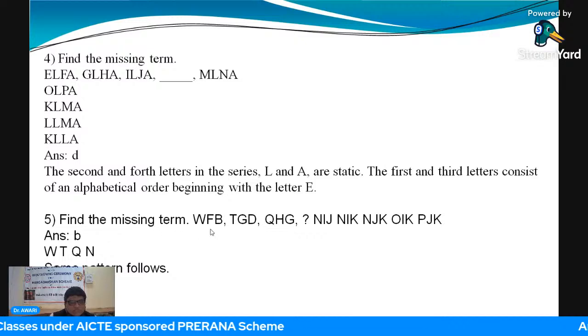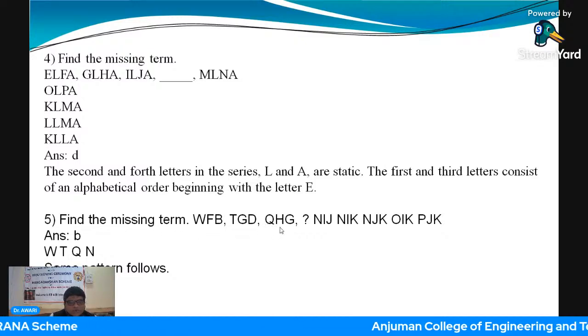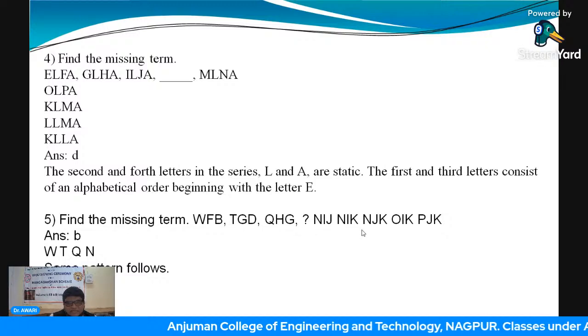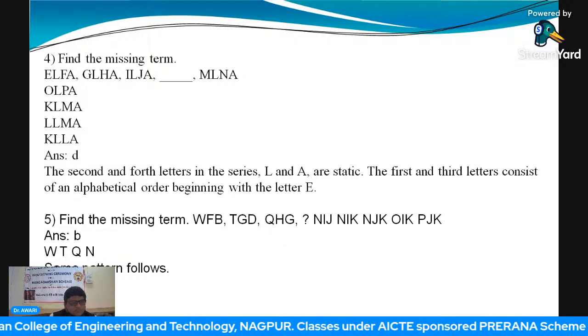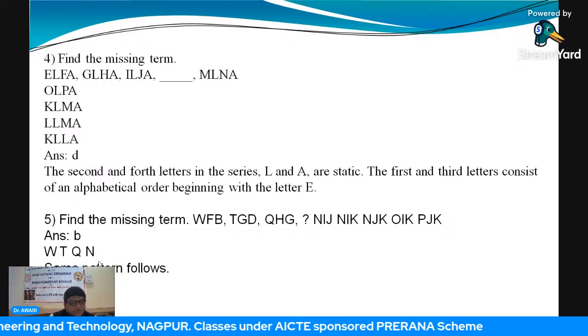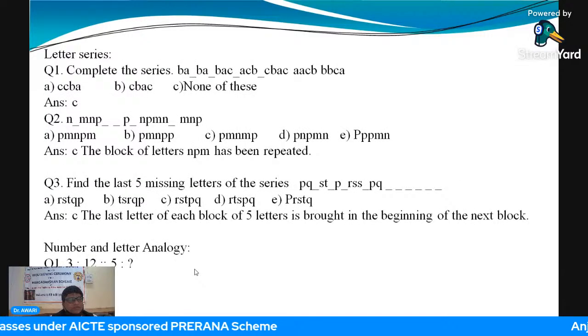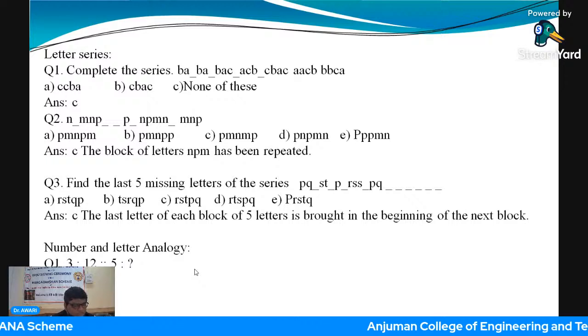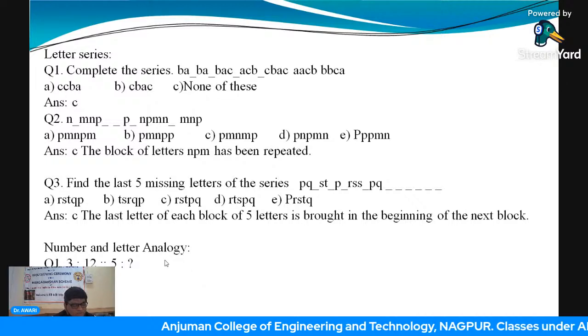Then find the missing term, that is WFB, TGD, QHG, dash, NIJ, NIK, NJK, OIK, PJK. So your answer is WTQN. Same pattern it follows. Then coming to the later series type of numericals. So in the later series type of numericals,